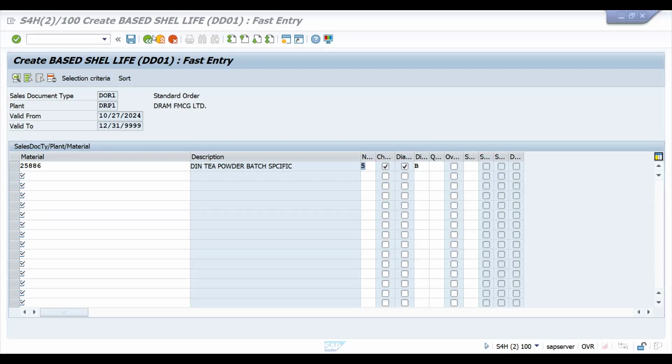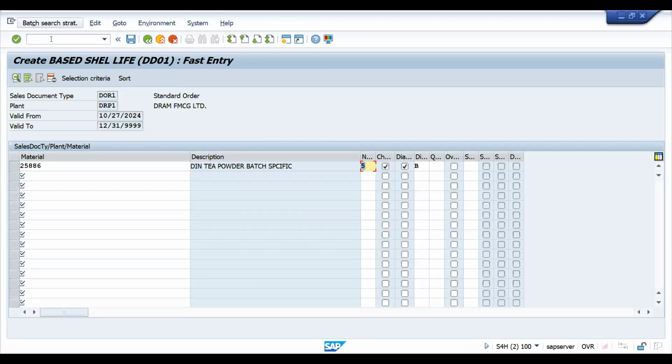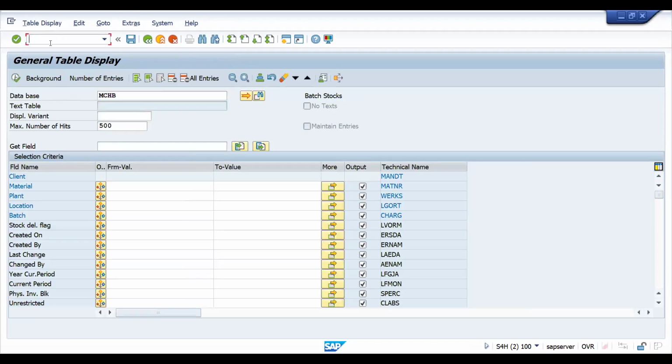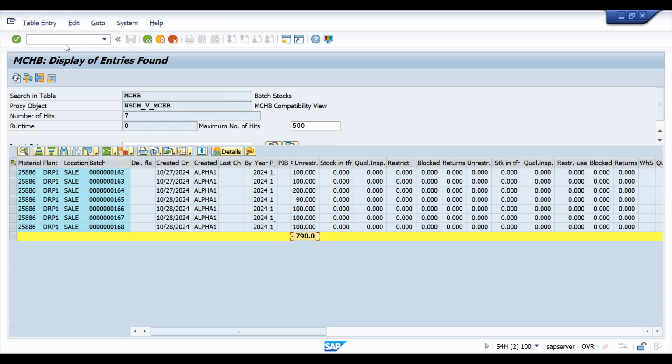I would like to show you one scenario. I would like to show you one more thing before going ahead. So this is the material. You can find different batches with different stocks here. Maybe certain stocks might be allocated for a sales order, but that is a different story. Total 790 is there, that is a different thing. So now go to